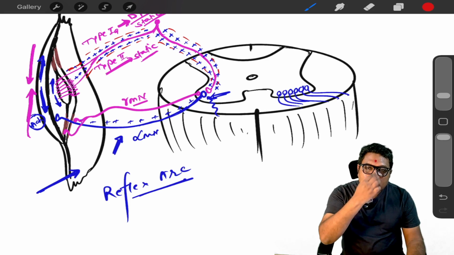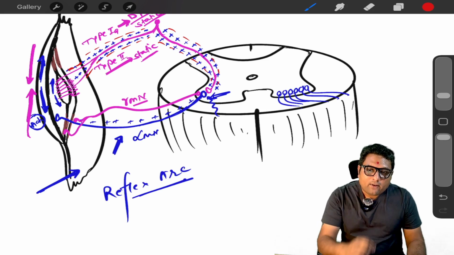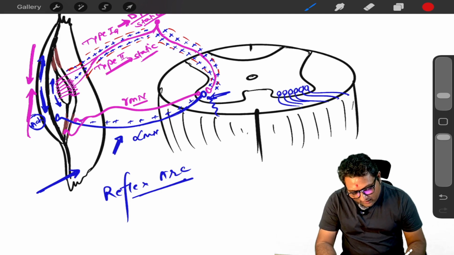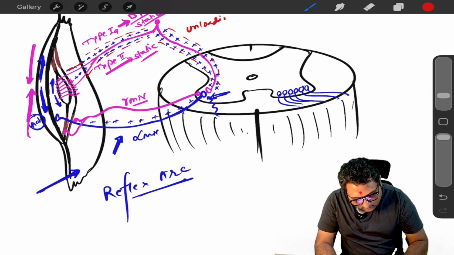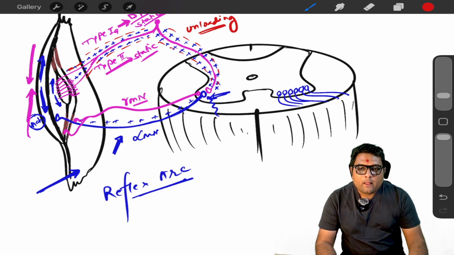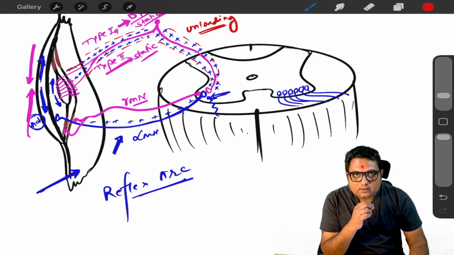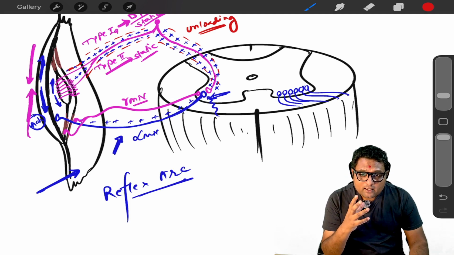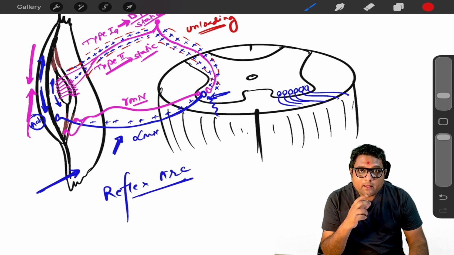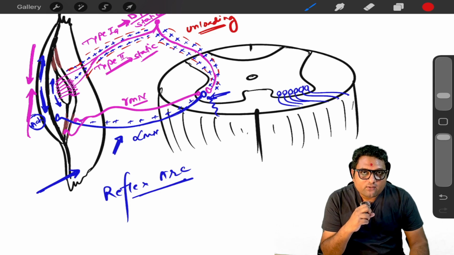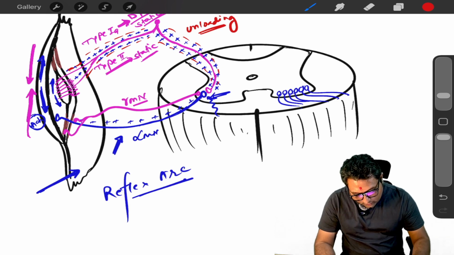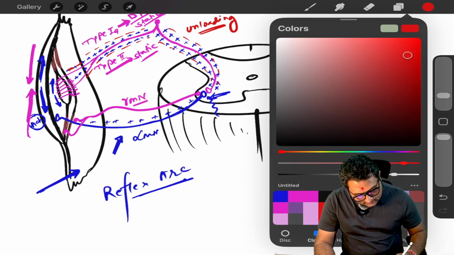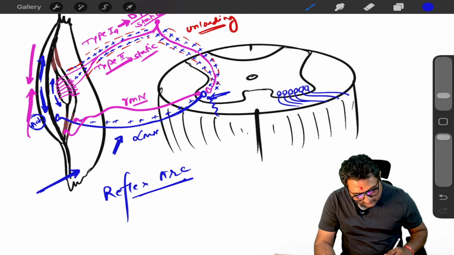When the traffic of action potentials reduces through the afferent fibers, this is called unloading of the muscle spindle. So the frequency of discharge will be reduced, and that leads to reduction in the maintenance of the length, or that reduces the sensitivity of the stretch reflex. But this unloading is prevented by the gamma motor neuron. How? Along with the alpha motor neuron, this gamma motor neuron also gets stimulated,